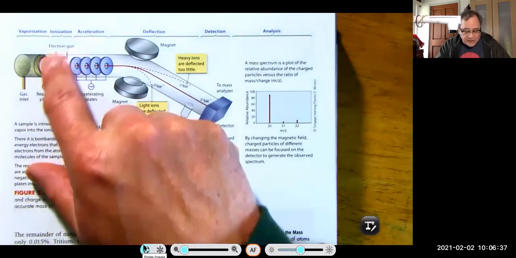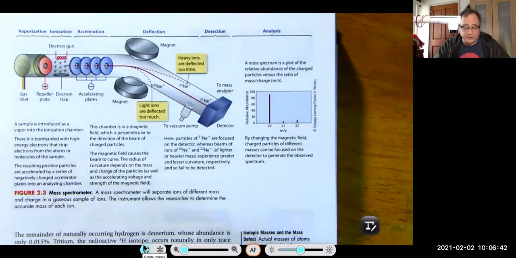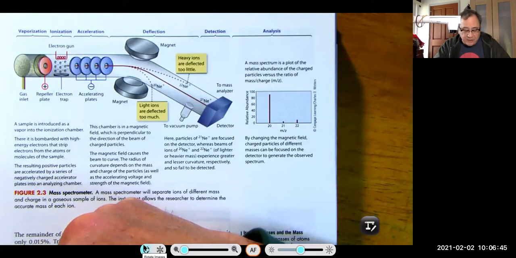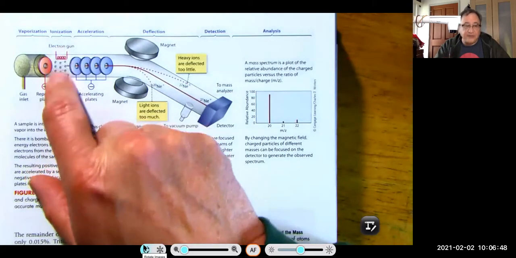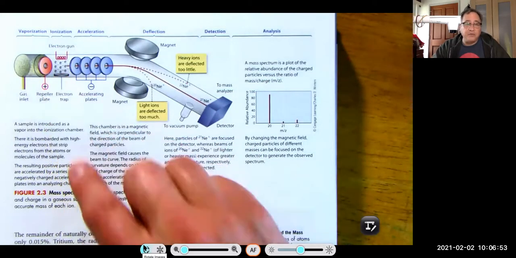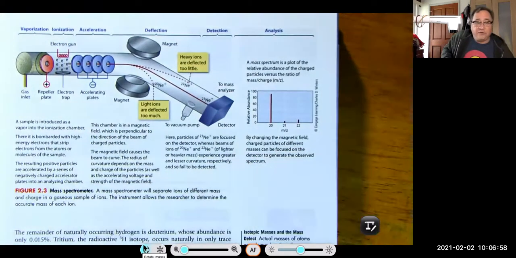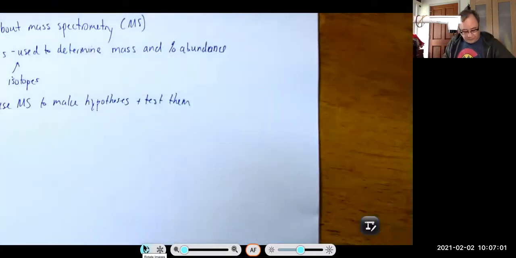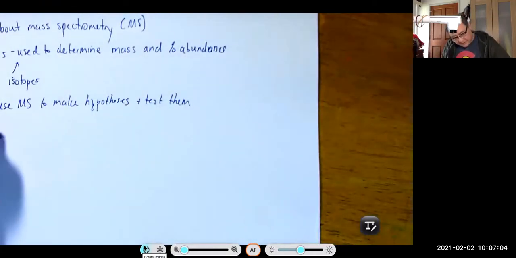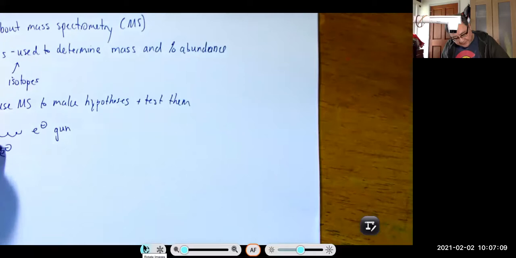And the gas particles here are going to enter this space where there's an electron gun, which shoots electrons at the particles. And here we have an electron trap to capture those electrons that are being shot at the particles. Well, it is possible for a particle to have an electron removed because it gets hit by an electron. So let me draw that for you with the electron gun and a particle. So here's your gun. And it's shooting electrons. And let's say this is your helium atom, which has two